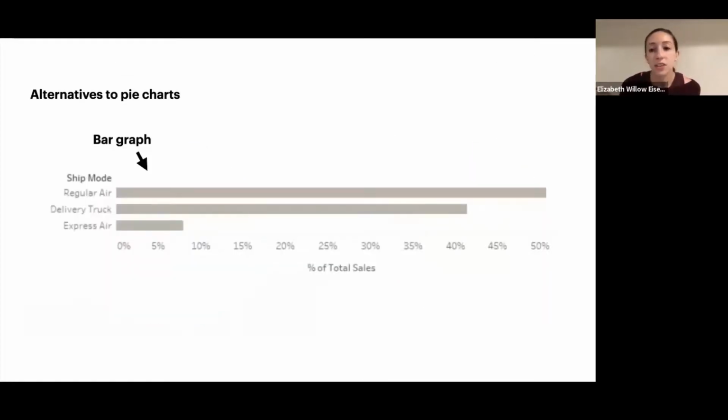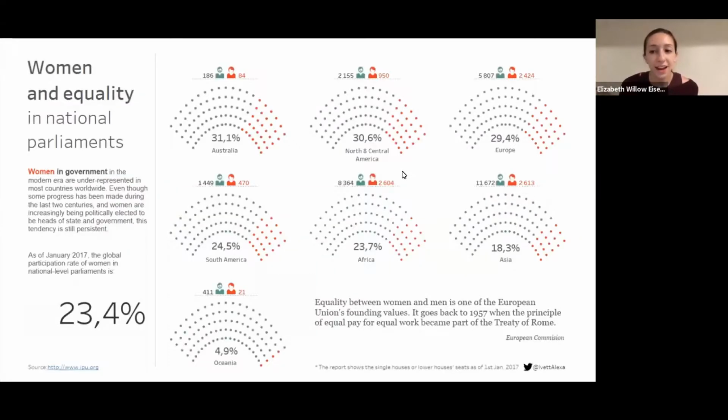So also, of course, you can do a bar graph, and then also you can get kind of creative with it. So this is an example with women inequality. It's talking about the proportion of women in government in different areas in the world, like Australia, North and Central America. So it's grouping very large areas, but then it's looking at what proportion of the